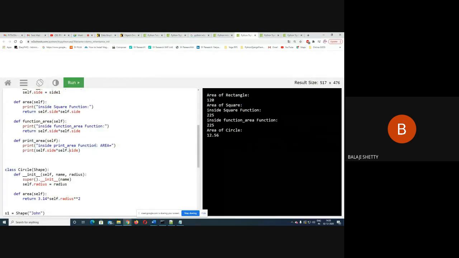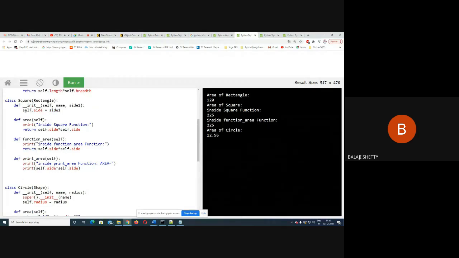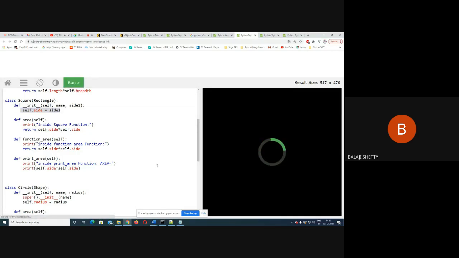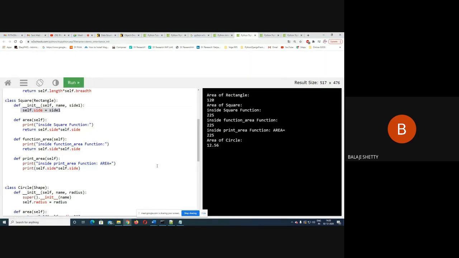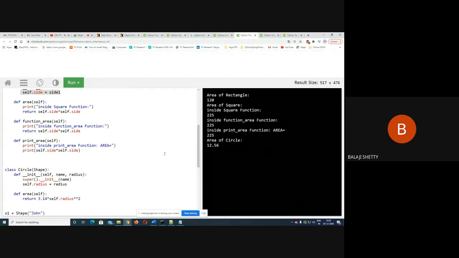Inside print area, I get self dot side into self dot side, and here I assign self dot side. Run the code. Now see here. Inside print area function, area equal to self dot side, I get 225.